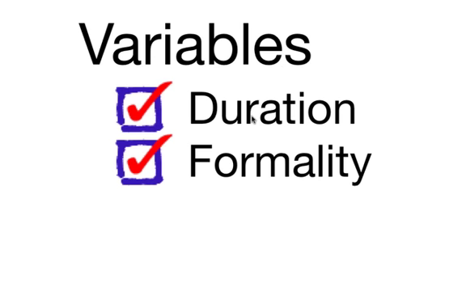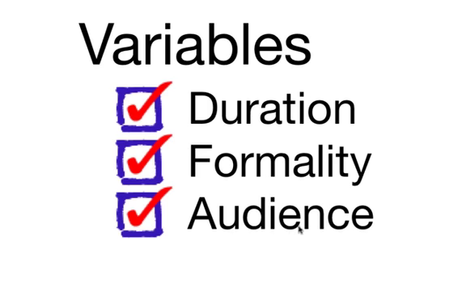Most pitches are very informal and they happen when we just happen to run into someone that we want to talk to. However, other times the pitch is highly formal, for example when we're pitching for capital to start our business. The third variable is the audience. Sometimes we're talking to a customer, sometimes we're talking to someone who might want to invest in our product or company, and sometimes we're talking to someone we want either joining our team or helping our team. So three key variables.